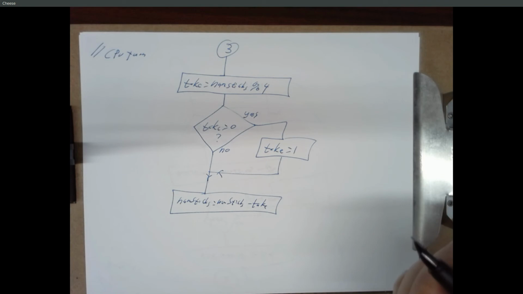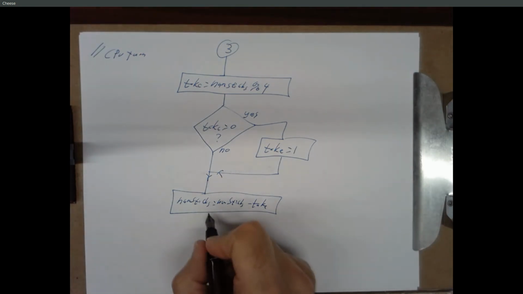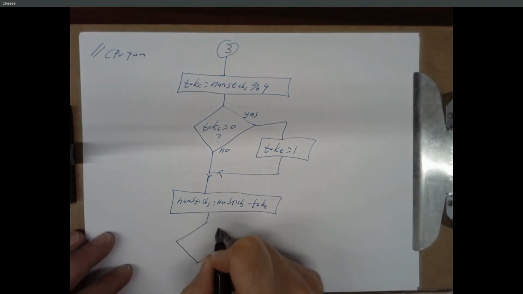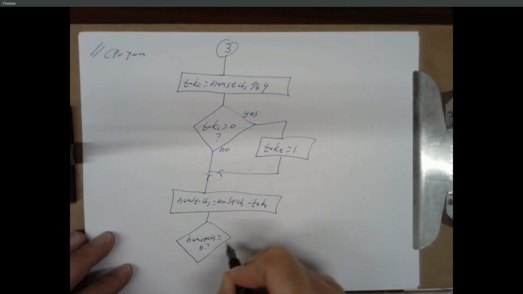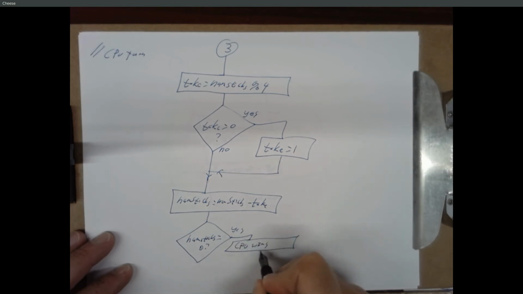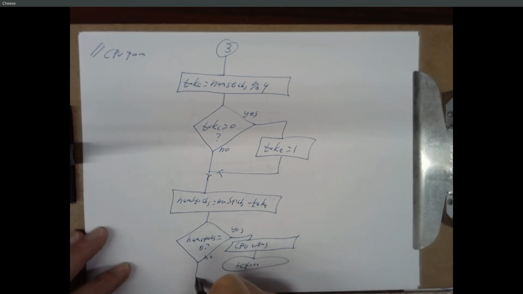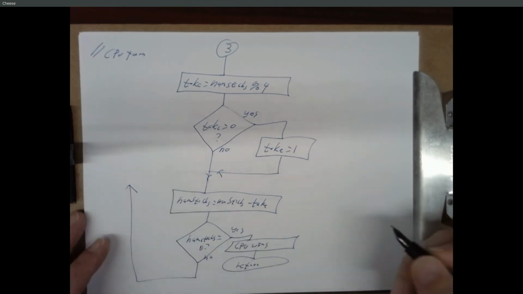Subtract from the number of sticks: numsticks equals numsticks minus take. Numsticks equals 0? Yes. CPU wins. And return. If numsticks is not equal to 0, go back up to